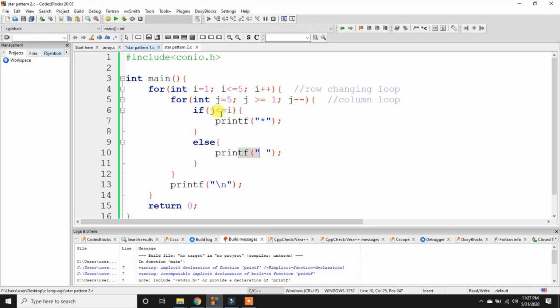Then j becomes 2 and i is 2, the condition is satisfied, so it will print the star. Then j becomes 1 and i is 2, 1 is less than or equal to 2, the condition is satisfied, so it will print the star again. After that the for loop condition is not satisfied, so it will change the line, and then i becomes 3, and the loop iteration will go on until i is equal to 6, and hence it will print this star pattern.